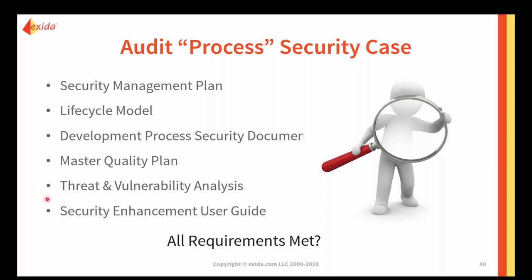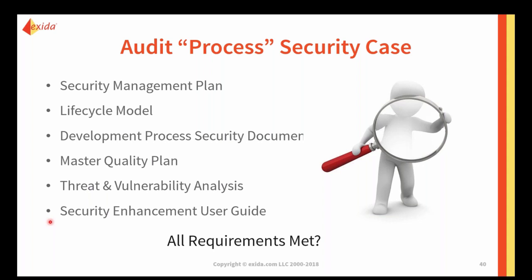and are done consistently. And then, so for example, the threat and vulnerability analysis, like the example we looked at where there's the capability to provide a cybersecurity risk assessment if asked, or to be a part of the cybersecurity risk assessment team. And then lastly, the security enhancement user guide. So essentially, it can be thought of as the cybersecurity equivalent to a safety manual, but it really provides that added information of how the asset owner can use the automation solution and follow it to make sure that they